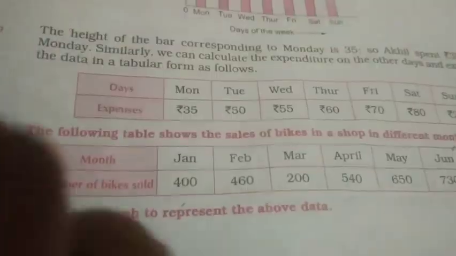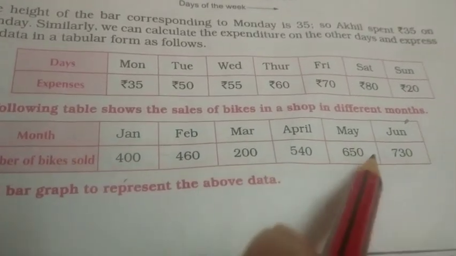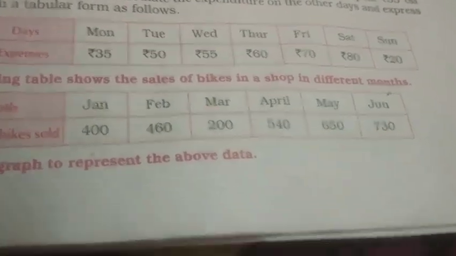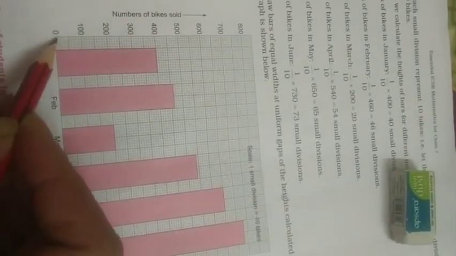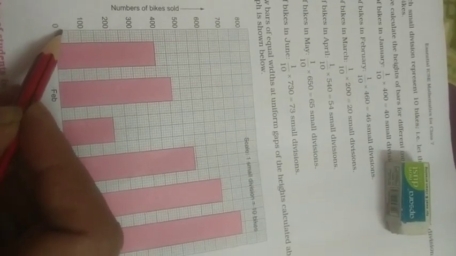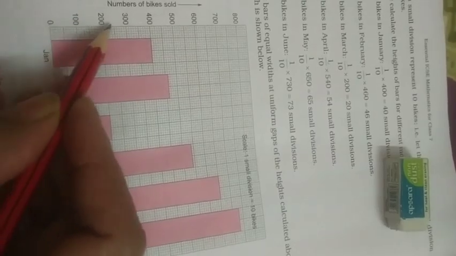In this question you can see the data is 400, 460, and the maximum number is 730. So how will you take this difference? On the x-axis, we are taking the fixed quantity, the month names January, February, and here we are taking 100, 200, 300. According to the given data, we are taking the measurements. Here we will suppose that this difference is 10, 20, 30, 40, 50, 60, or in this way 100, 200. So we will suppose in any way.